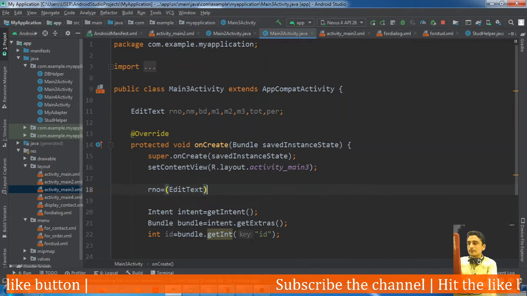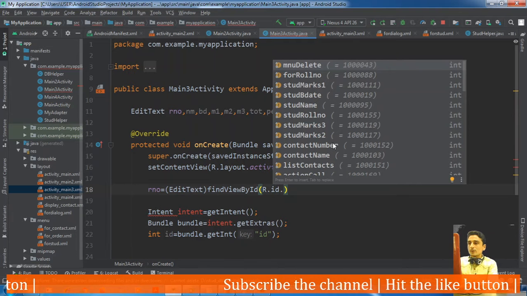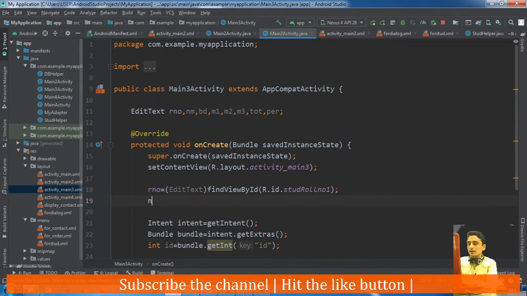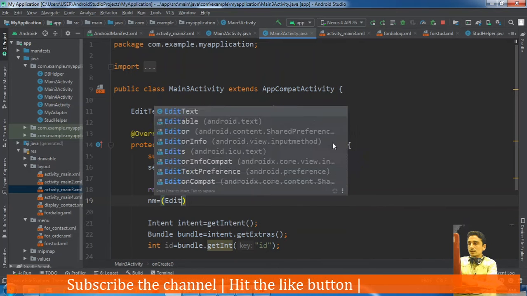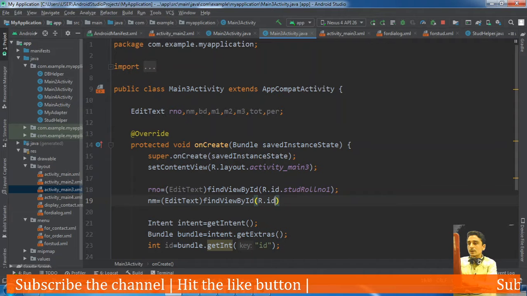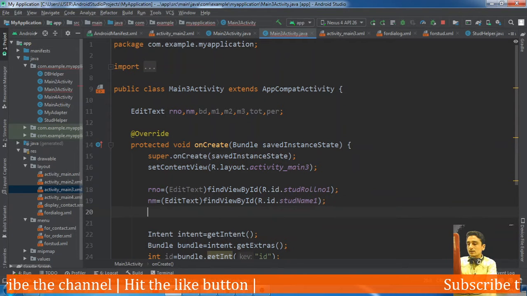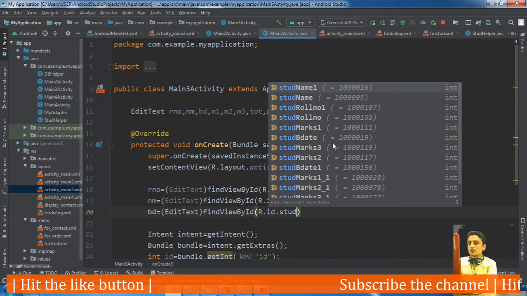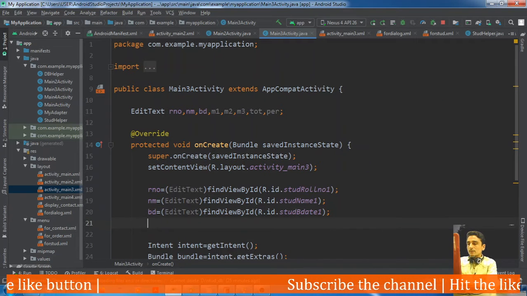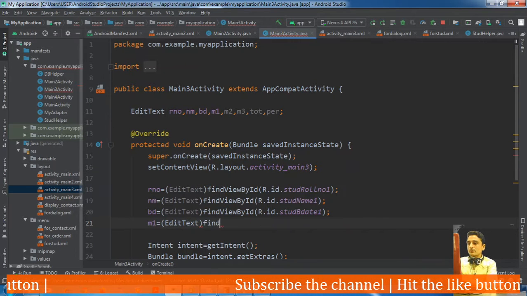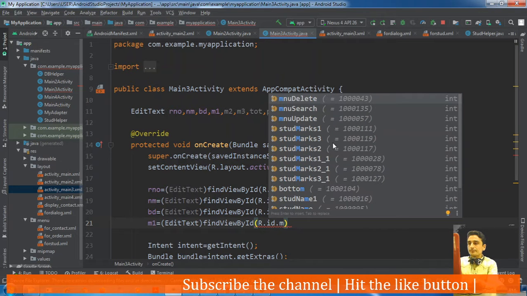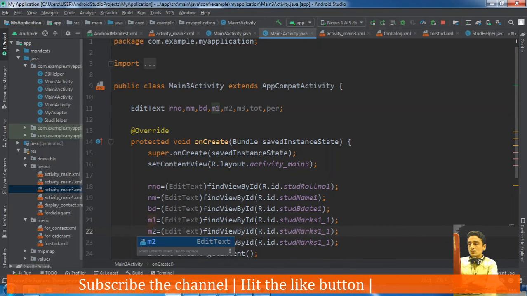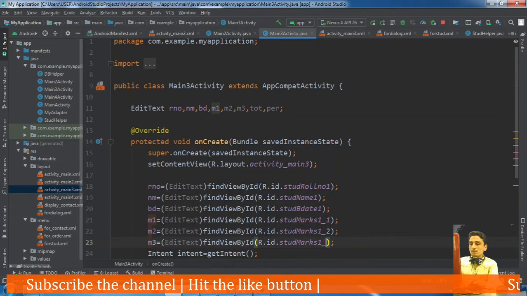RNO is equal to edit text, find view by id, r dot id dot stud roll number 1, then nm is equal to edit text, find view by id, r dot id dot stud name 1, then bd is equal to edit text, find view by id, r dot id dot stud birth date 1, then m1 is equal to edit text, find view by id, r dot id dot marks 1 1, similarly marks 2, marks 3.